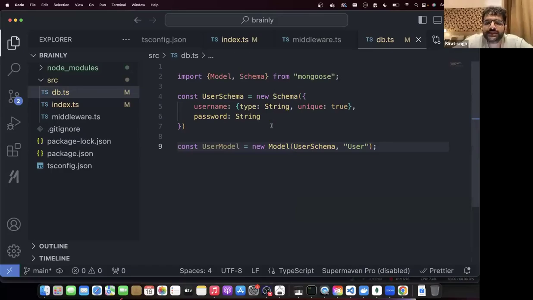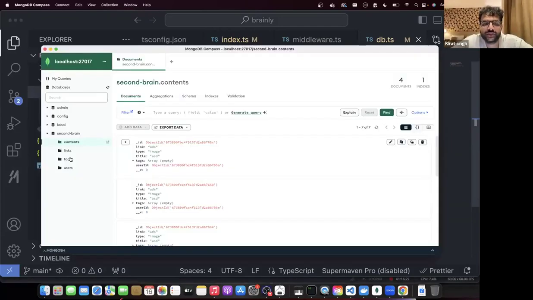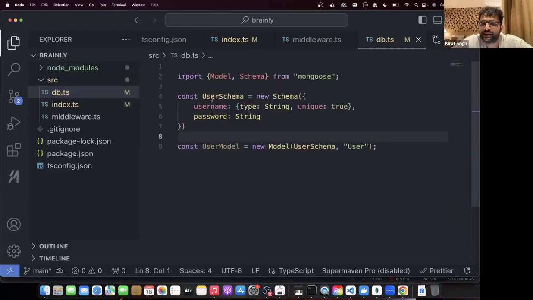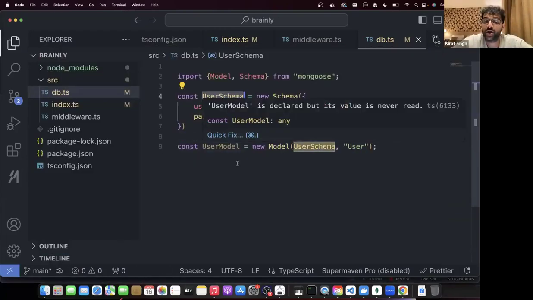So you first create the schema. Structure कैसा दिख रहा है? You then create the model. क्या इस schema का model का नाम user होगा? I want to create a user table in MongoDB. यहाँ पे user दिखना चाहिए और users दिखना चाहिए जो आपको लिखना है. That is how you define the schema in the model.